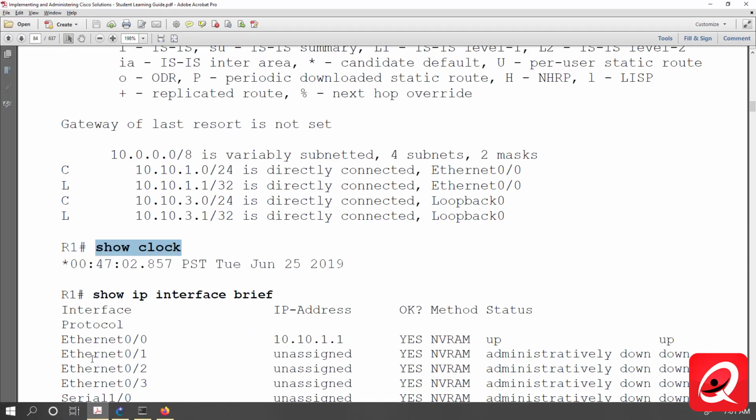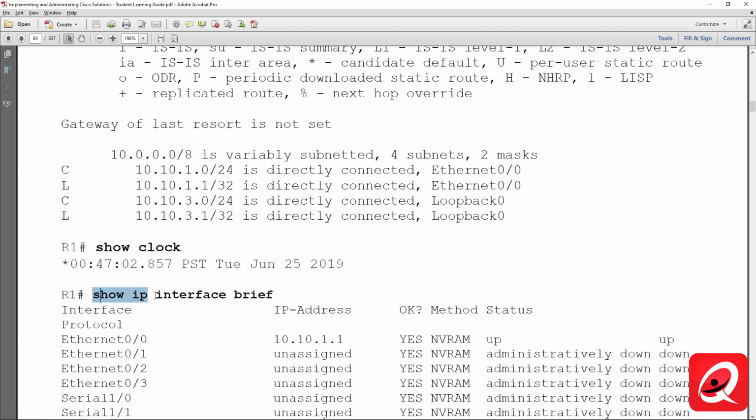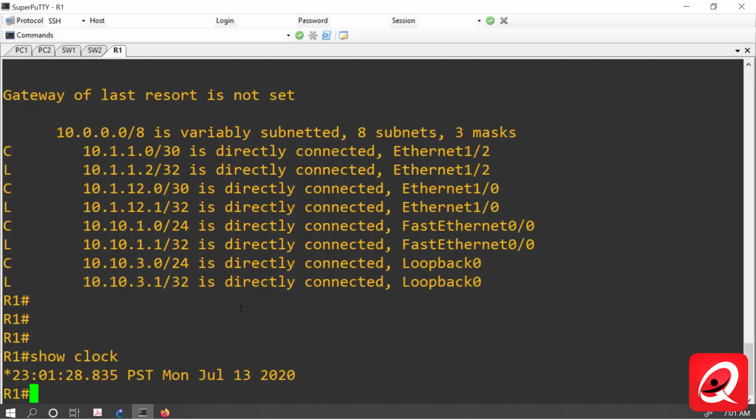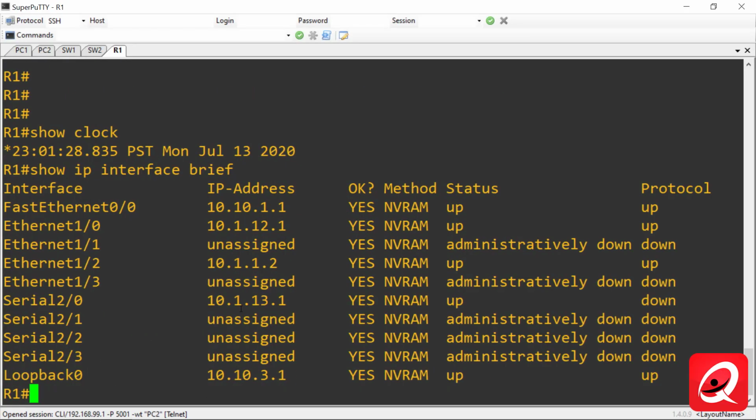Let's see, we've got show IP interface brief. This is actually probably one of the most valuable and most important commands that you'll have in any Cisco device. Show IP interface brief is, to me, like the Phillips head in your tool chest. It's a command that you definitely want to have available to you